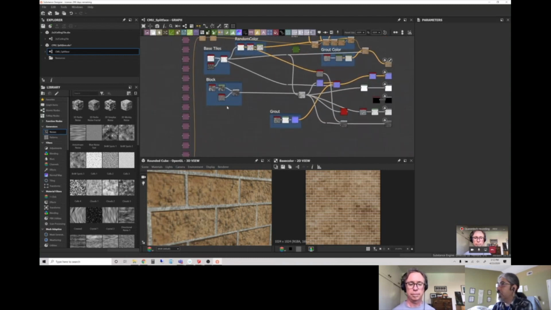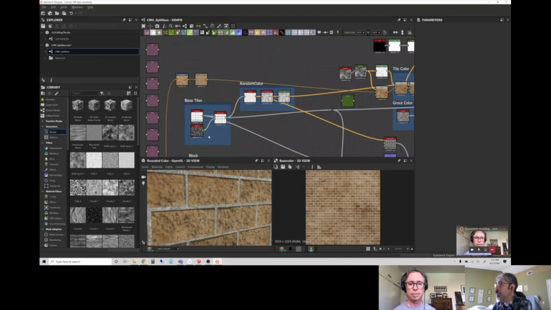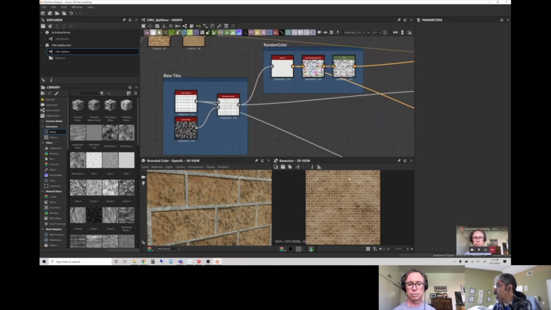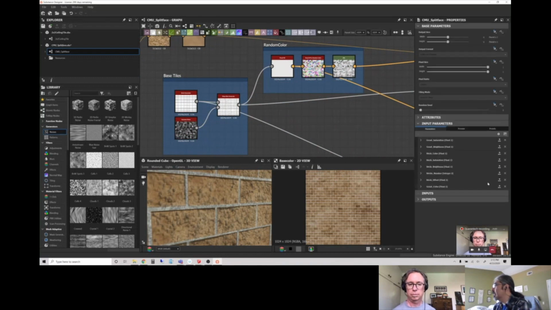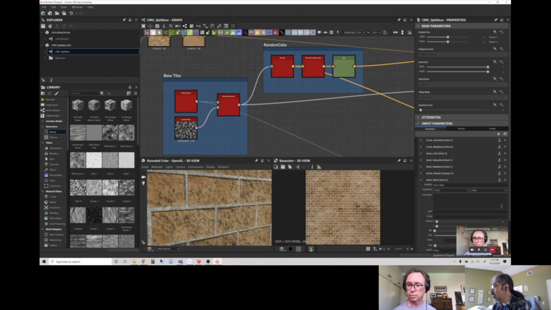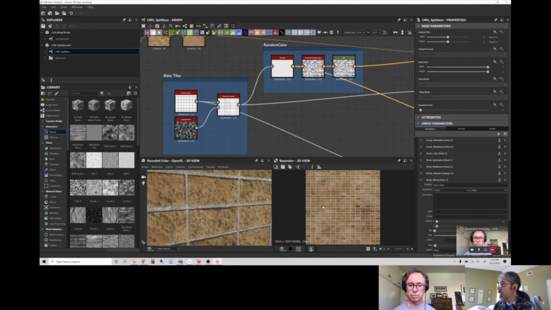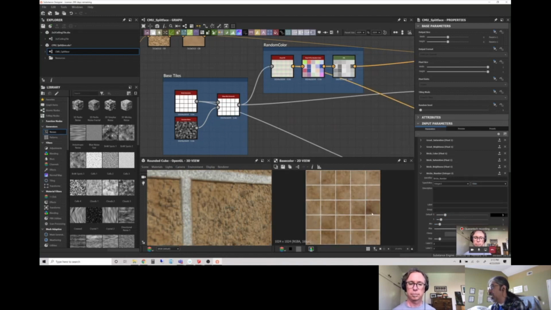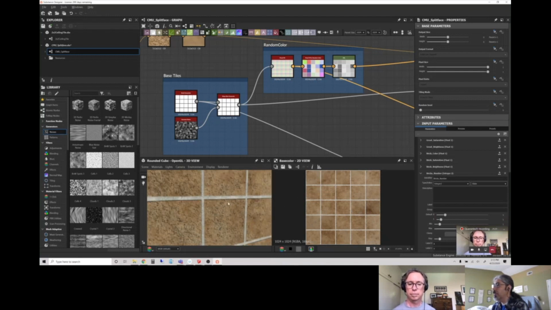Sweet. And as I was mentioning earlier, for instance, right now, you guys can see over here on the right, I have the running bond pattern for the bricks. Right. And then once it's all designed, all I have to change is one value. And now everything is the same, except that now they are stacked bond. That's awesome. Or if I want to change the number of bricks, right now it's 15, I can say 5 by 5. And now I have gigantic tile, but everything else stays the same.